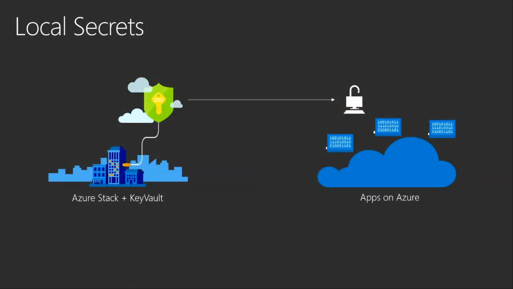The other one is local secrets. That's very common in the financial industry, where they want to maintain and retain control of the encryption keys. So there are solutions where you use the public cloud while you maintain control of the keys, because you store your keys on-prem. Your application that runs on the public cloud picks up the key from your on-prem solution and then unlocks your application in the public cloud, but you always maintain the control of the keys.